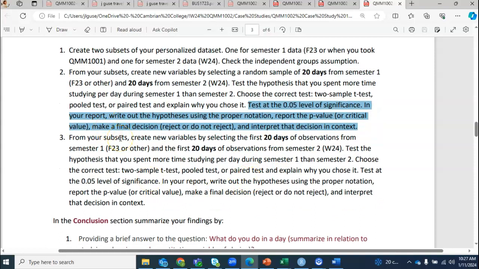In the second data collection method, you're going to select the first 20 days from semester 1 and the first 20 days from semester 2. Again, you want to test the hypothesis that you spent more time studying per day during semester 1 than semester 2. So the hypothesis is the same,